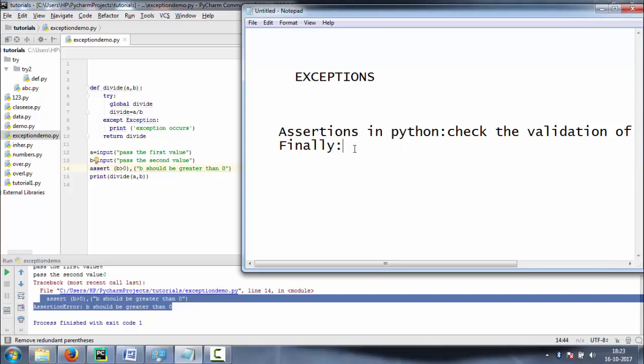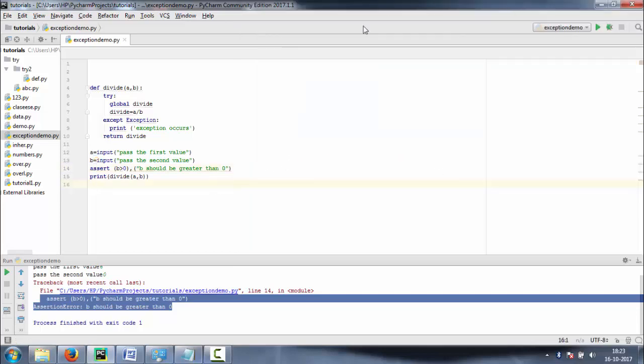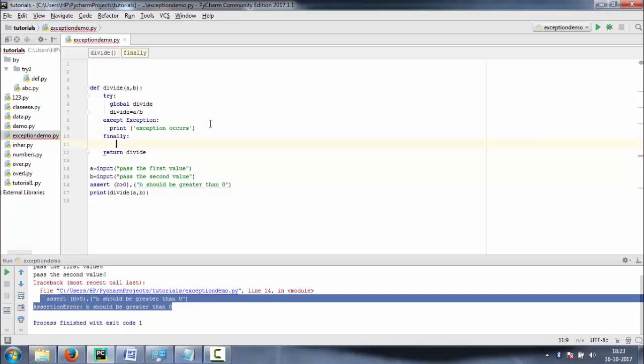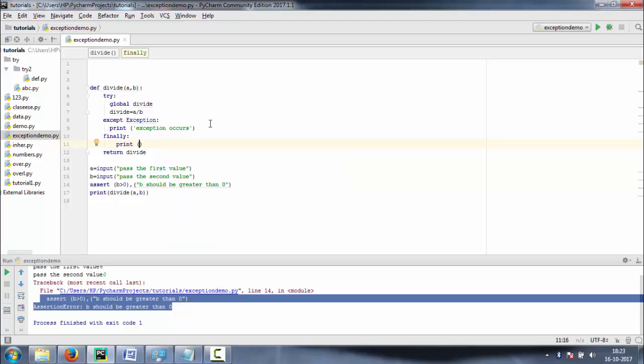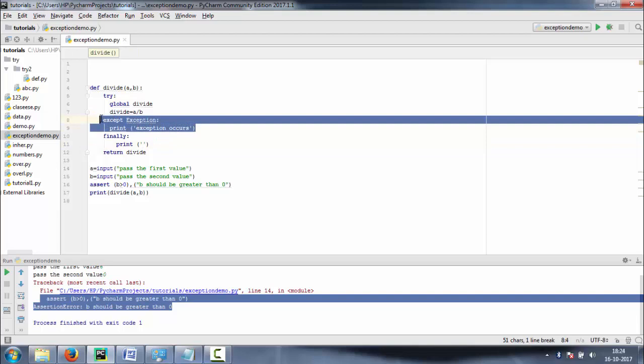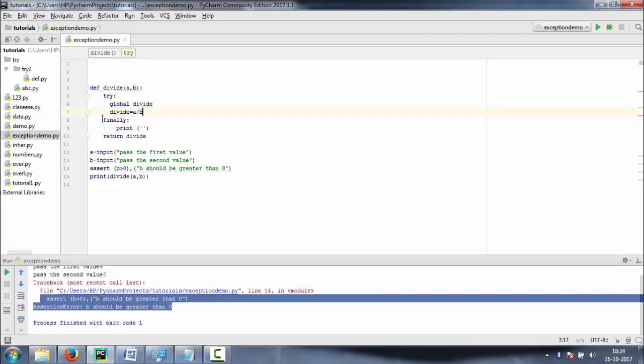I'll explain with an example. I write finally here and print. I'm removing this except from here. Print file closed, always executed.